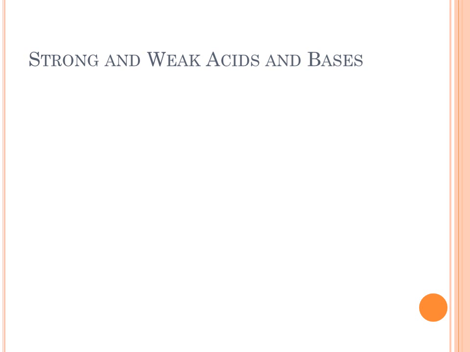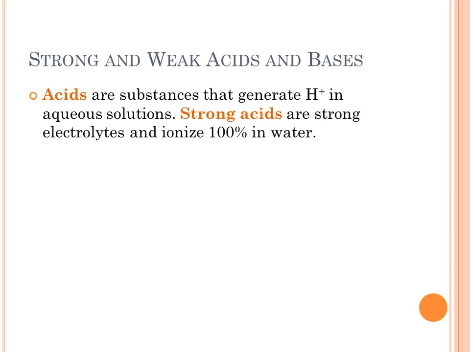So let's talk a little bit more about strong and weak acids and bases. Acids are substances that are generally going to generate the H plus in an aqueous solution. There are some more sophisticated definitions, but that's what we'll stick with for now. Strong acids are strong electrolytes, and as we said, ionize 100%. If you look at the example we used previously, the HCl is going to ionize into H plus and